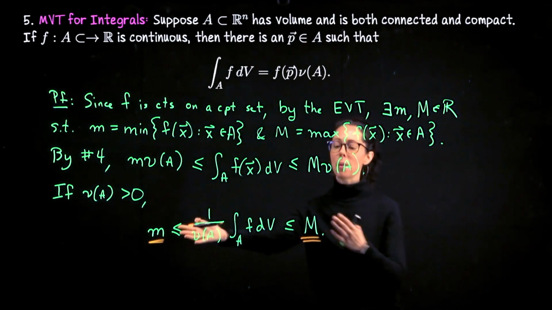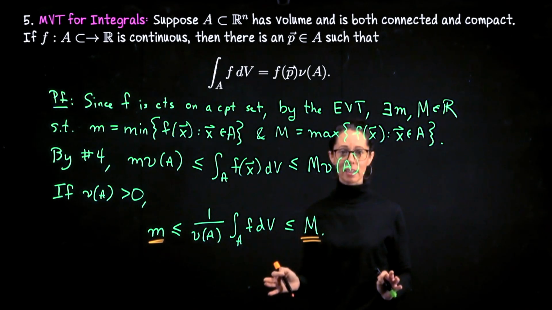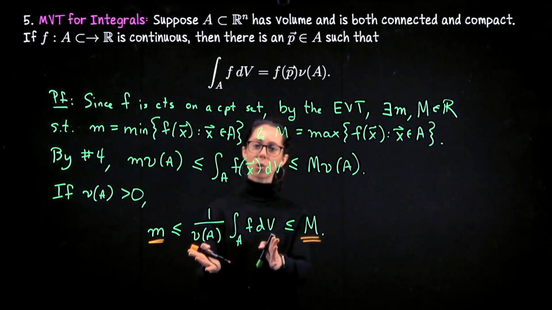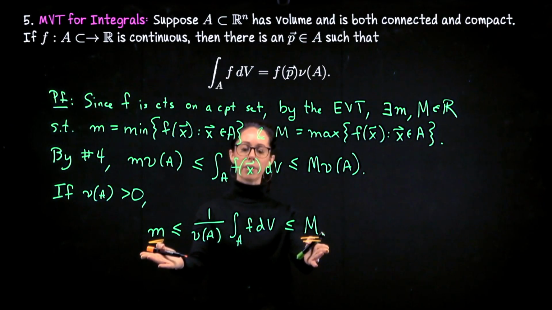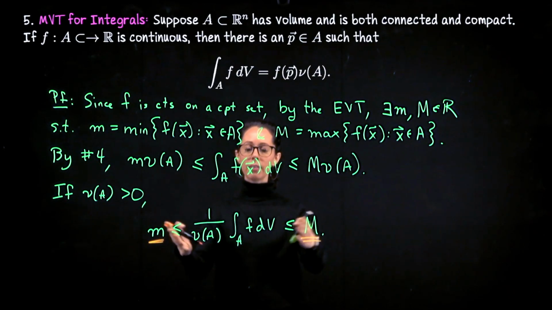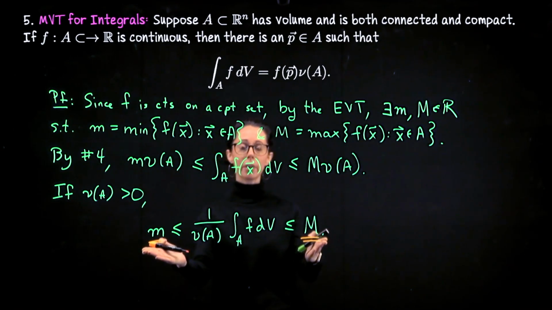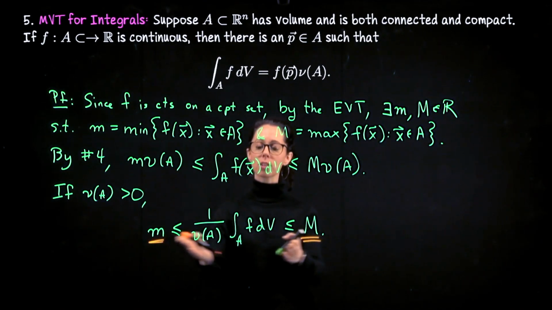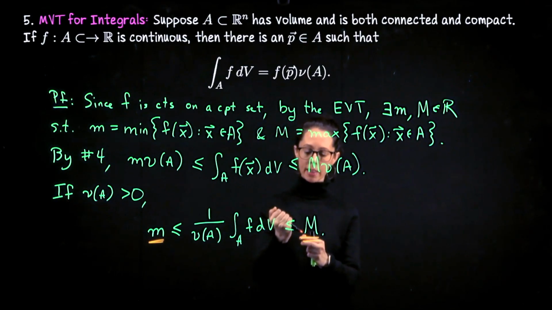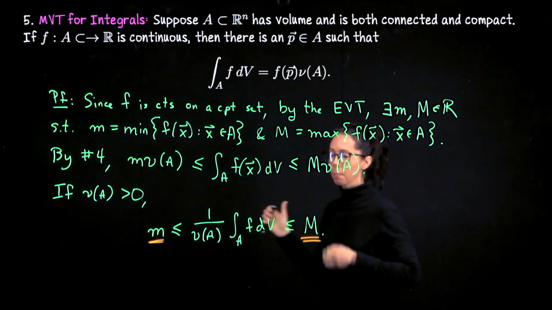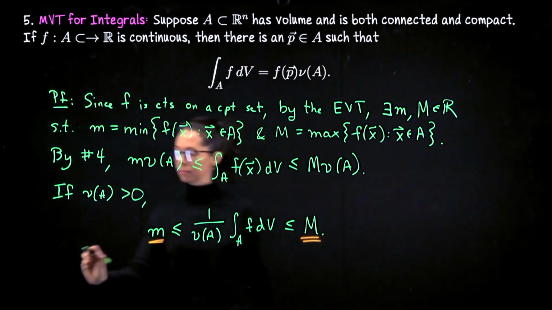So the minimum and maximum values for f here are attained. And then this is a number between two values attained by f. So what the intermediate value theorem tells us is that for every value between one function output and another in a connected domain, there's a place where the intermediary value is attained. So that's the application of the intermediate value theorem here. By the IVT,